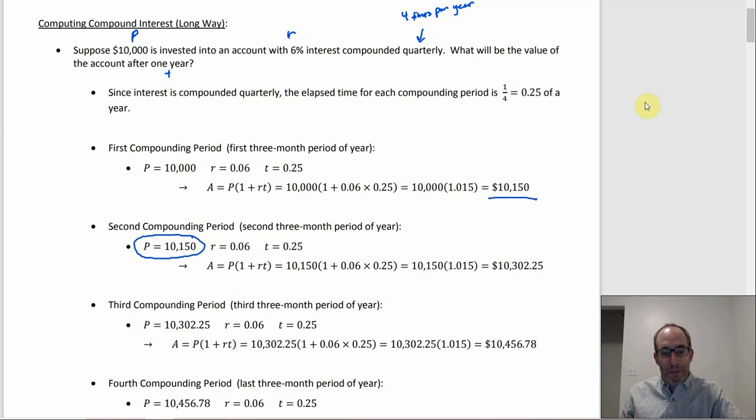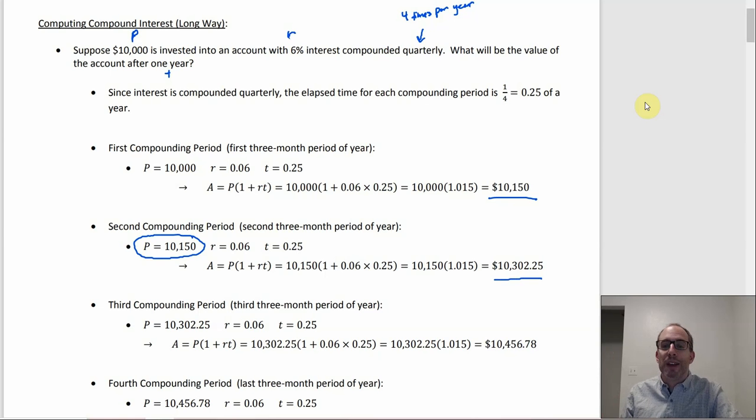Because for the second compounding period, we're starting at the end of that first period where the compounding is done, and now we've got the 10,150. So for the second period, that's where you start. That's the new principal amount. And then everything else is still the same, right? The compounding period is the same length. It's still 1/4 of a year, and the interest rate per year is still 6%. So the only thing that changes is we have that new principal. Okay, fine. So now it's that number times 1.015,